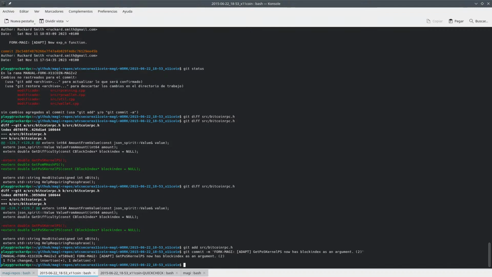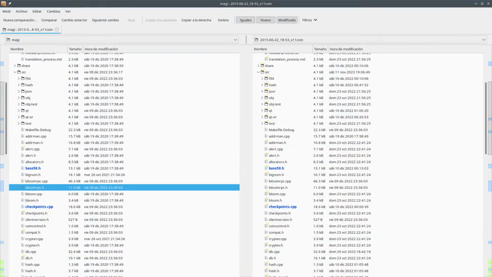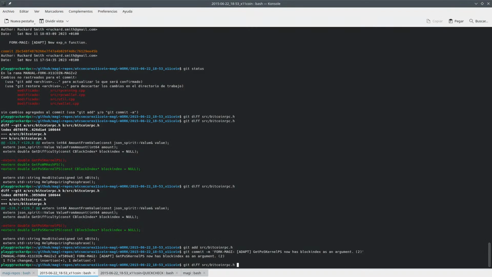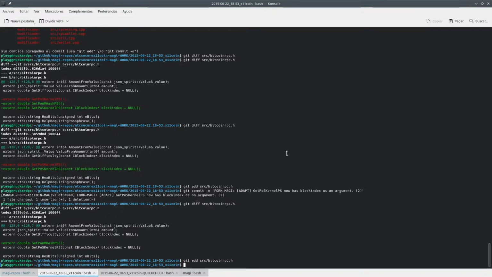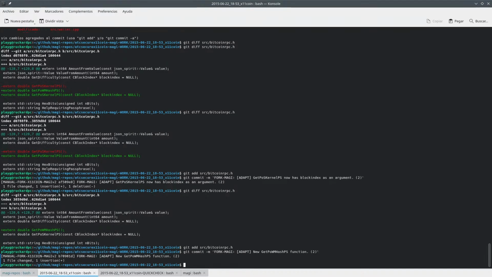So now get post kernel ps has a block index as an argument. This is number 2, and then if we copy to the right once again and we check this, we can see how this is a new function. So this is number 2. Okay,